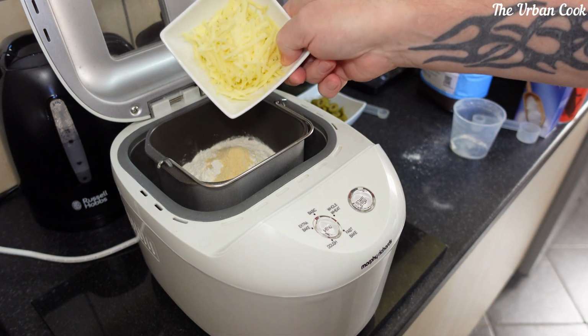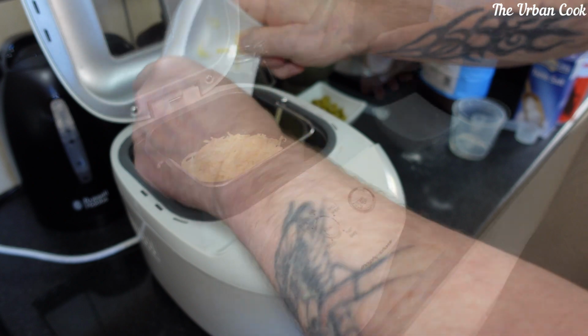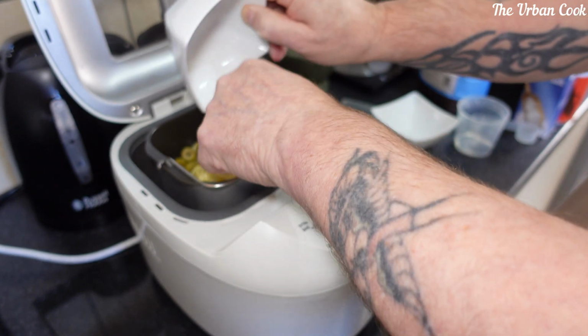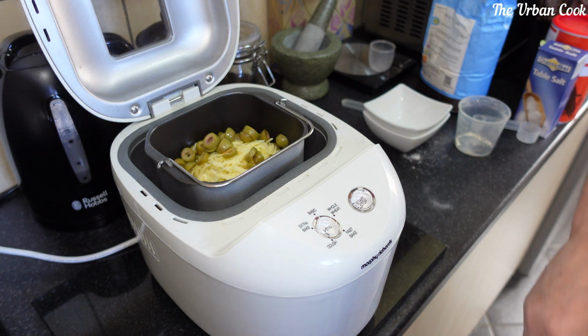I'm going to have cheese, about a cup and a half of cheese, and about a cup of olives. And that's all there is to that. So all we got to do,